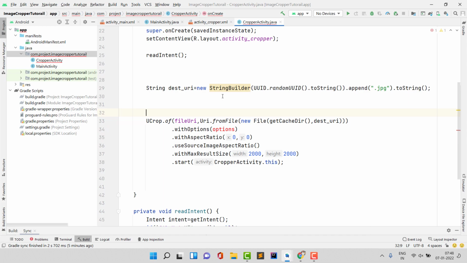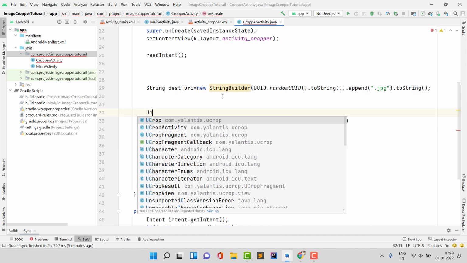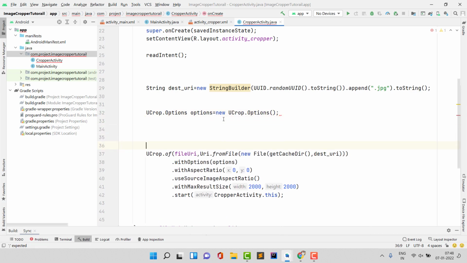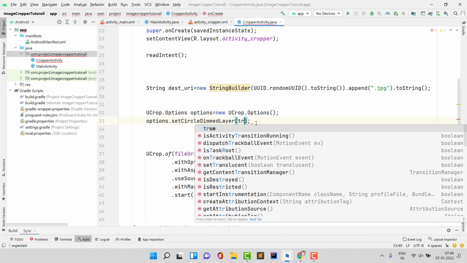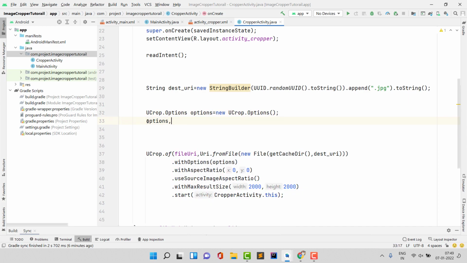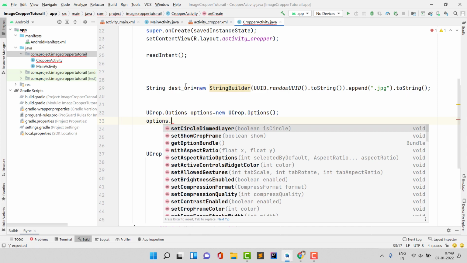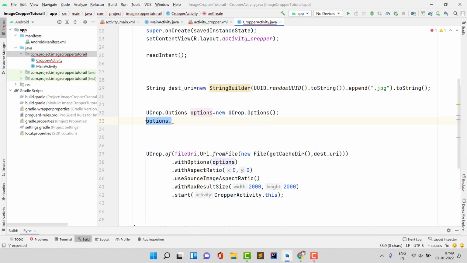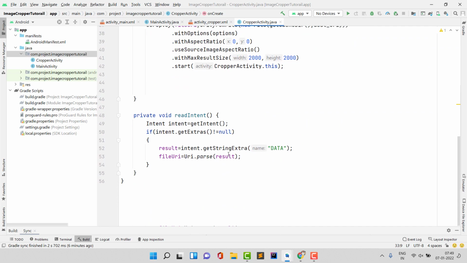So when you type here UCrop.Options and give a variable name option, which I pass here as option, after this just type here new UCrop.Options. Now this options contains so many things. If you want a circular one, then you can set here setCircleDimmedLayer, pass true inside this, but I don't want a circular image cropper, so it is totally dependent on you whether you want to do this or not. You can also explore all options from the documentation of this library. It contains lots of options, but my main motive is to teach you how to work with this. So hope you understand how everything works.